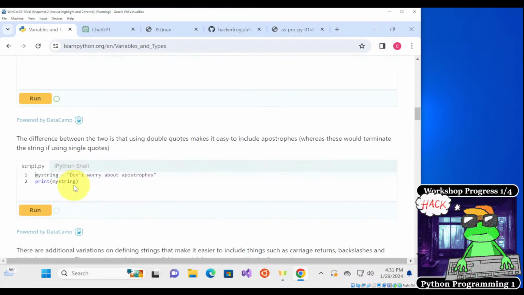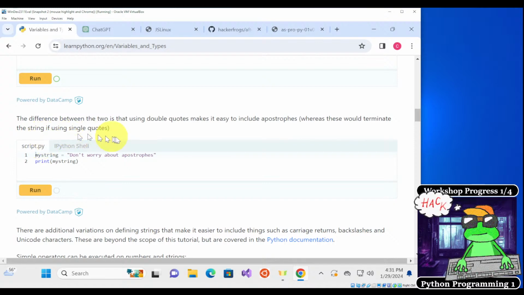Okay, so next. The difference between the two is that using double quotes makes it easy to include apostrophes. So the thing is, if we use single quotes here, and there's also an apostrophe inside of the string, then this is going to produce an error. So if we run this, it says invalid syntax.